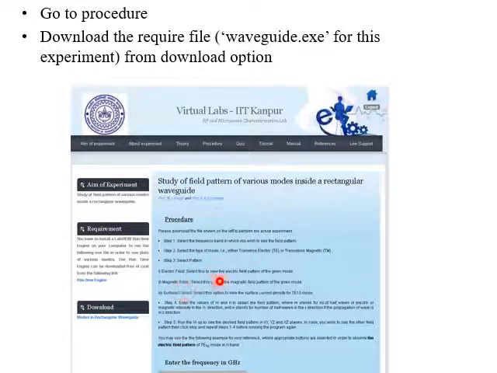So here, step by step, it is written what to do and how to do the experiment. And once you read it, you have to download this particular program for this particular experiment. So click right here. Once you click, this particular file will be downloaded in your PC or laptop.